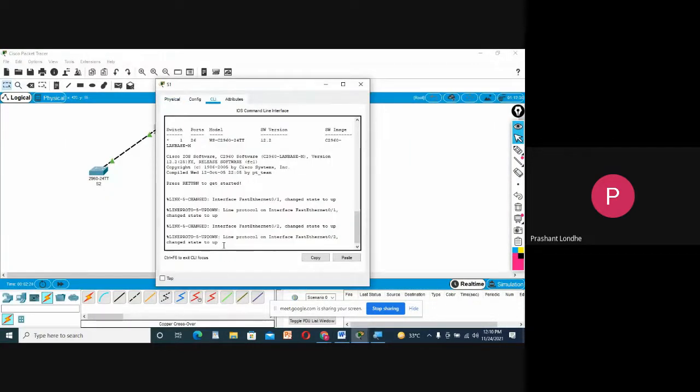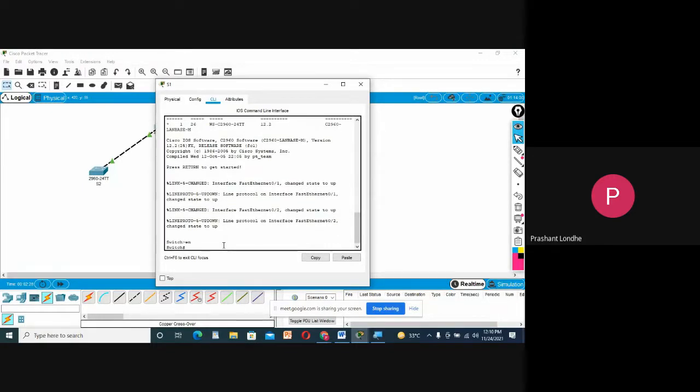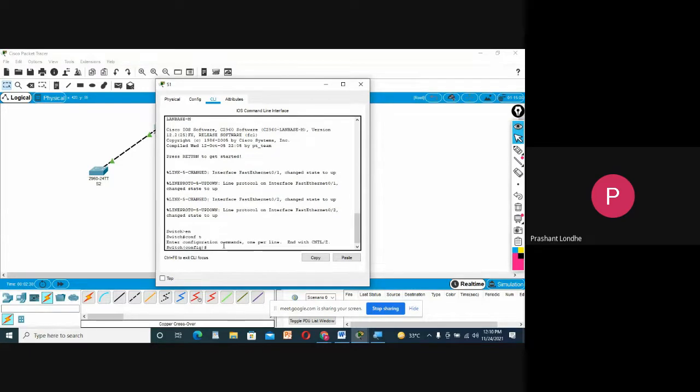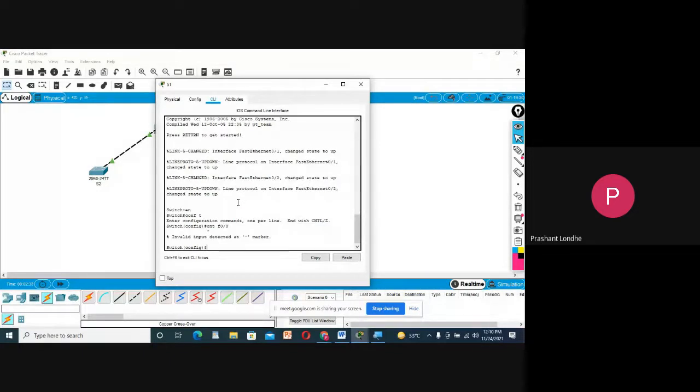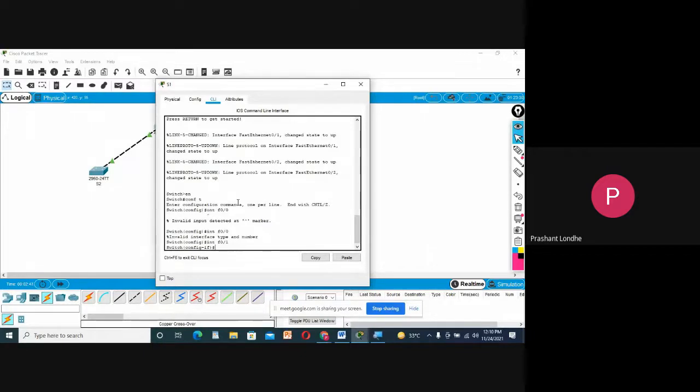CLI, switch, enable, conf t, then interface F0/0, invalid number, it should be 1, interface F0/1. Then we need to make the switch port into a trunk.